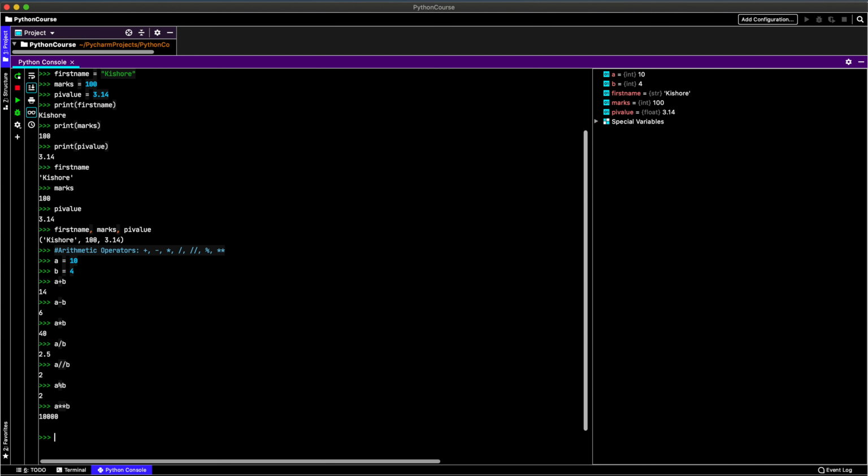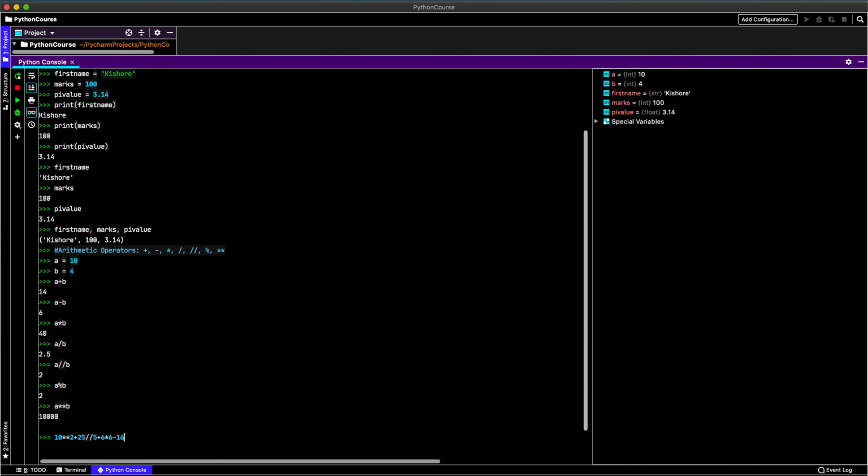Also, you can directly perform arithmetic operations between values using multiple operators in an expression. Let's say for example we have 10 double star 2 plus 25 double forward slash 5 plus 6 star 6 minus 16. In this expression we have all the operators: power of, addition, integer division, multiplication and also a subtraction operation.